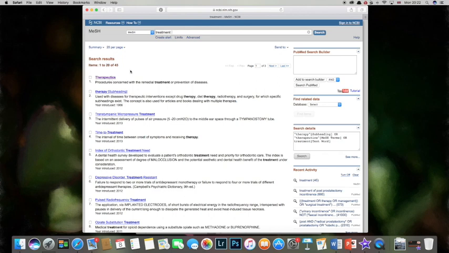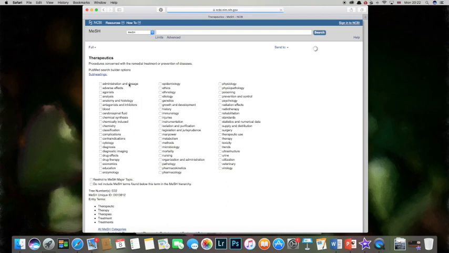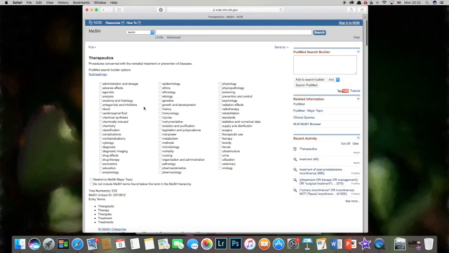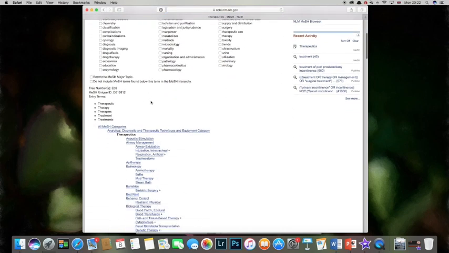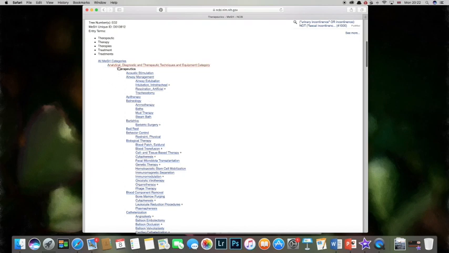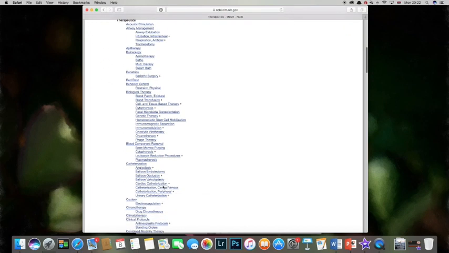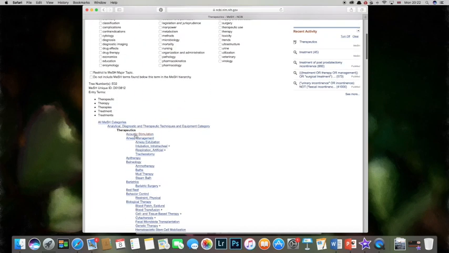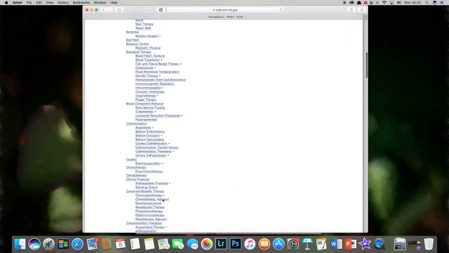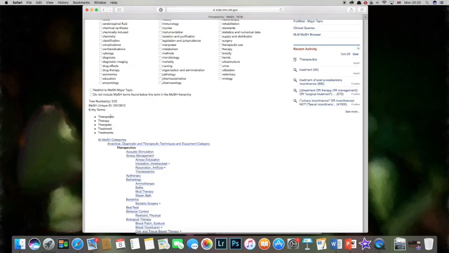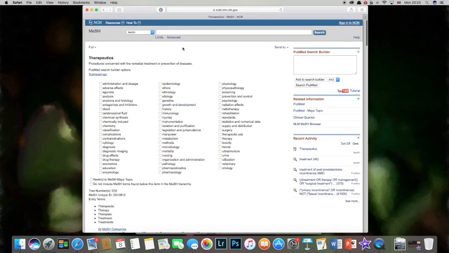So here you can see that the main MeSH term for treatment seems to be therapeutics. So you've got one synonym there already. And now if you click on that and you scroll down, you should see the tree for each term. So therapeutics has a number of subcategories, obviously. But just above it here we have a list of entry terms which include therapeutic, therapy, therapies, treatment, and treatments. So that gives you an idea of the type of synonyms you can use, and similarly you could do the same for